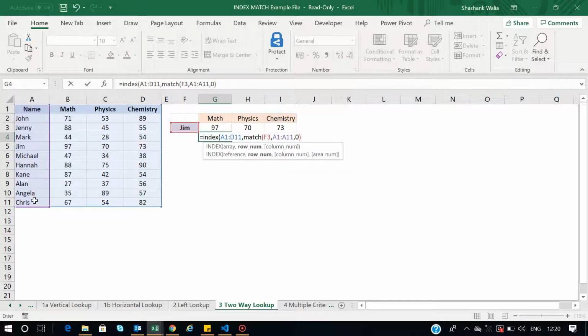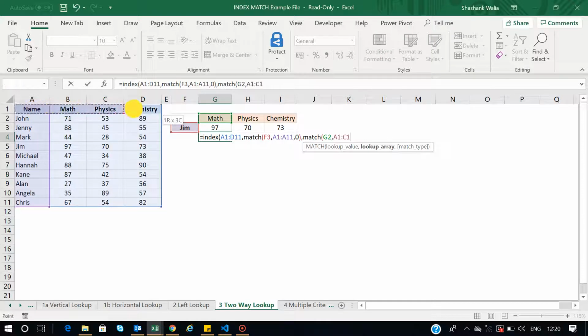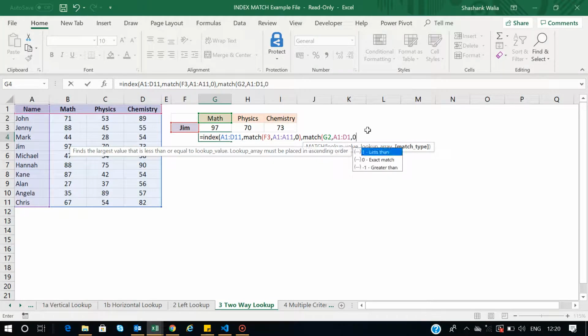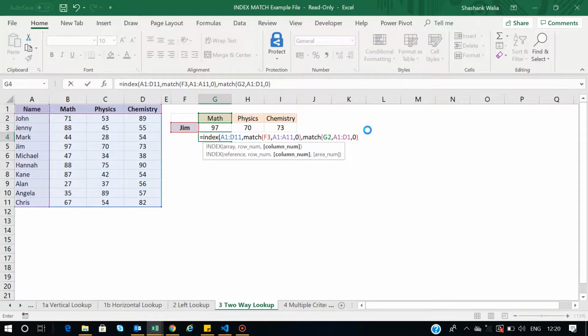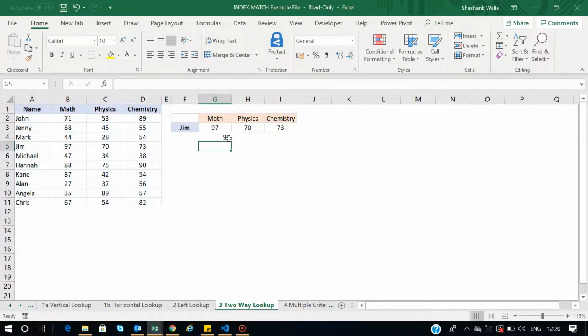Close the bracket, and then start the second MATCH function to find the column. The lookup value is math, I want to find the subject. The lookup array is starting from here, and then we have the 0, and then press okay. So Jim has scored 97 in maths.